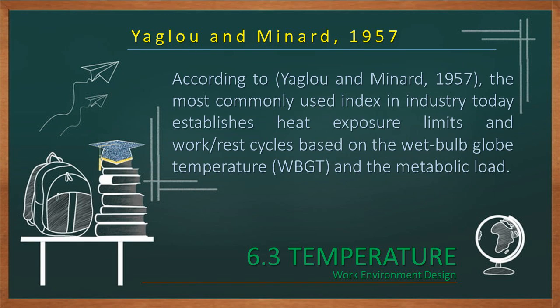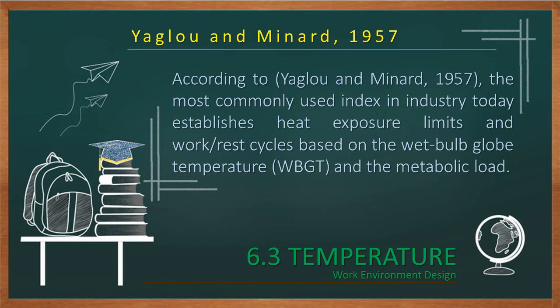Heat stress. According to Yaglou and Minard in 1957, the most commonly used index in industry today establishes heat exposure limits and work or rest cycles based on the wet bulb globe temperature, or WBGT, and the metabolic load. In slightly different forms, it is recommended by ACGIH 1985, or the American Conference of Governmental Industrial Hygienists, NIOSH 1986, or the National